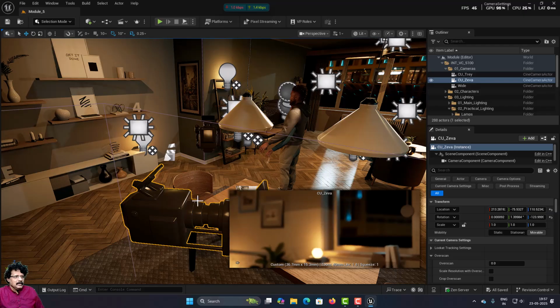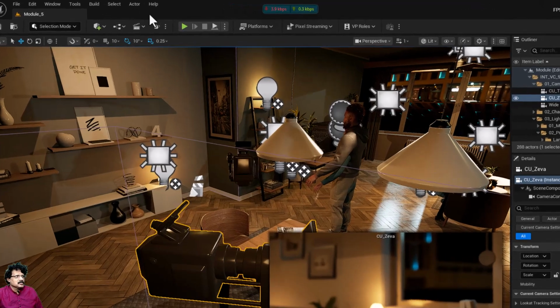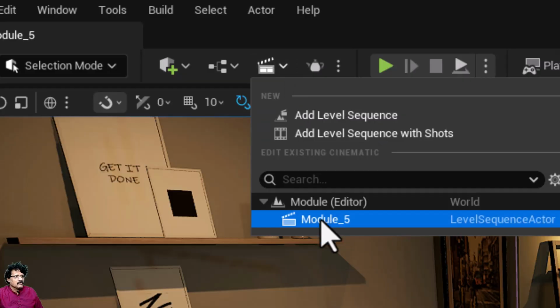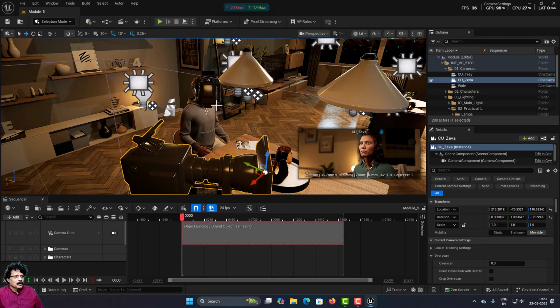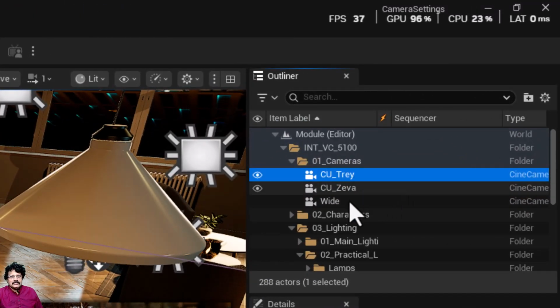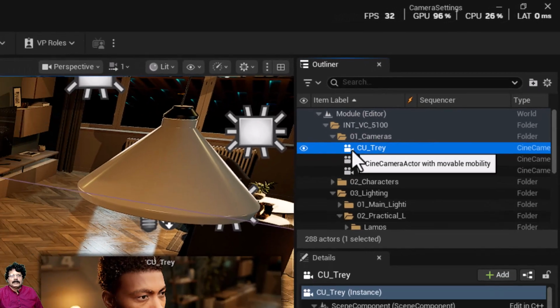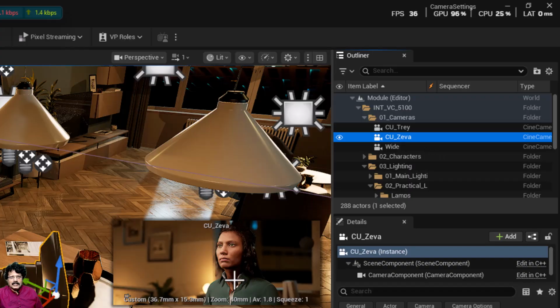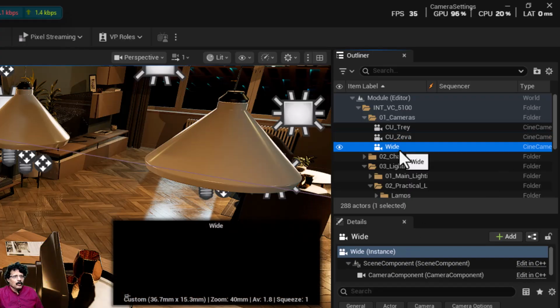So to make this character sit here, I have to enable my sequencer. So if I come into the clapboard and if I select module_5 sequencer, you can now see the characters are sitting in that position. And as of now I have three cameras here. One is this CU_tray camera. So if I select this, you can see the preview here, CU_Zeva camera,